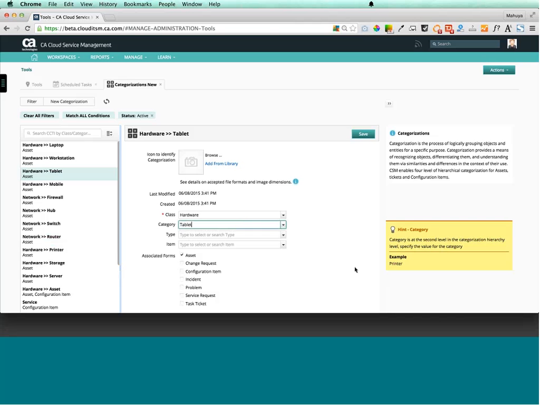Additionally, you'll notice there are 2 new fields exposed on every one of these admin objects, last modified and created. Those 2 date fields were added and exposed specifically because a lot of customers asked for those, and it's something that we wanted to do as well. So those are lots of enhancements that altogether really improve the experience for administrators. And you'll see us do more and more of these forms over time, but we wanted to focus on these 5 forms because they're some of the more complex forms and some of the most widely used forms, especially